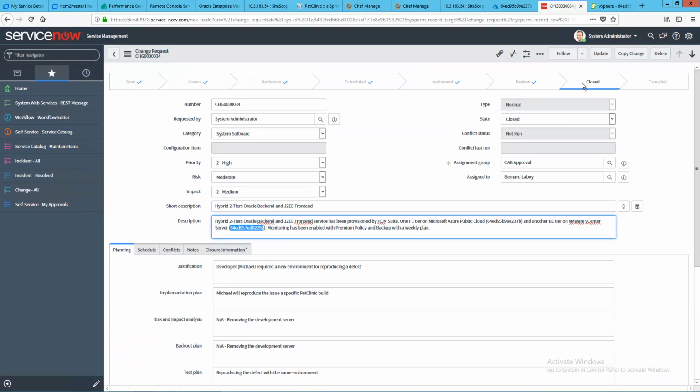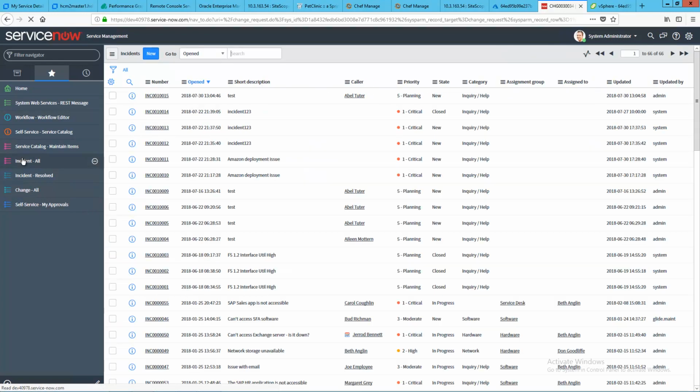This change has been approved and then scheduled and implemented by the orchestrator automatically. So we move the change in order to close the change because at the end it was successful. If it failed, then we just have to create an incident to make